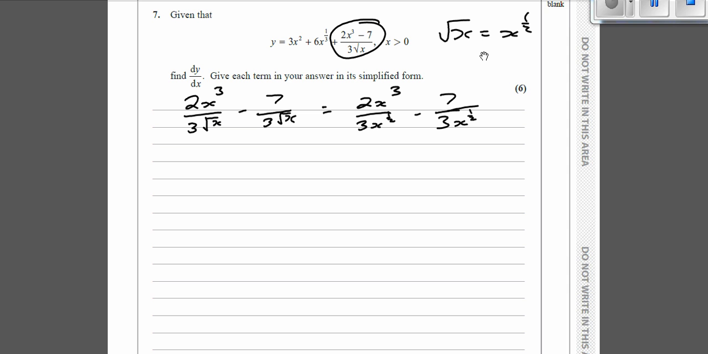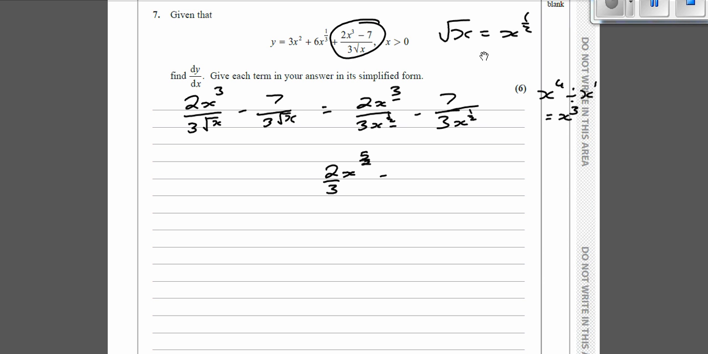up to the top. But just like we learned at GCSE, if we have x to the power of 4 divided by x to the power of 1, we subtract the powers to make that x to the power of 3. So here, if we've got x to the power of 3 divided by x to the power of a half, we're going to do 3 take away a half, which is 2.5. We're going to write that as a top-heavy fraction. So that's going to be 2x to the power of 5 over 2, over 3, because 2.5 is the same